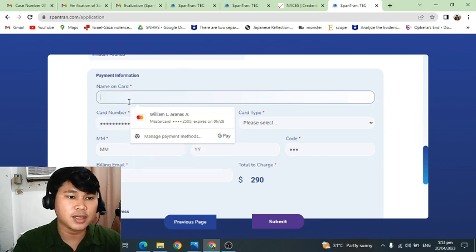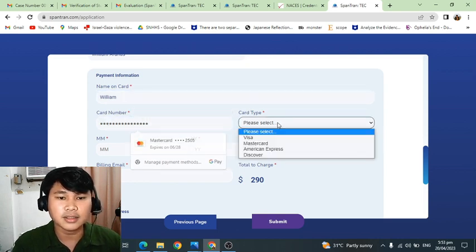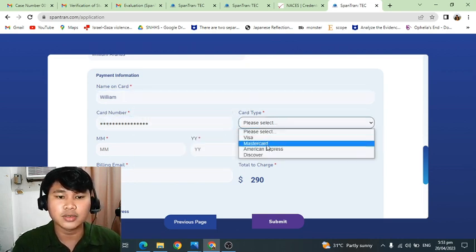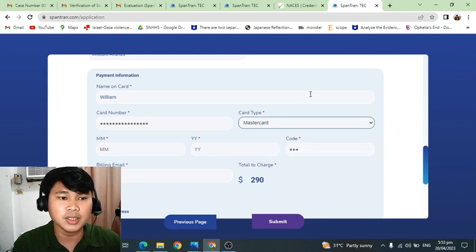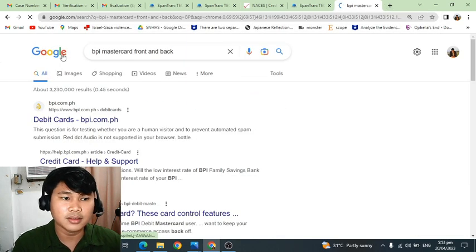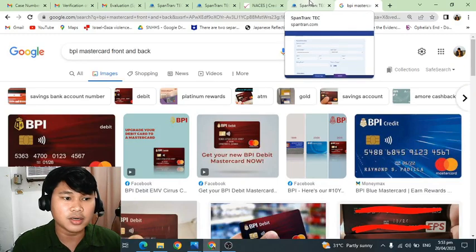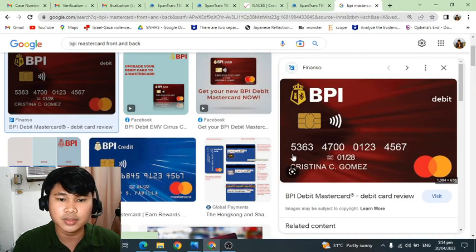For example, my name there is still William. That's your name on the card. So please select what card. I chose MasterCard for my BPI. So what is the card number? We'll try to look at it here. Okay, just a minute. So what you will write there is the card number. For example, this one. This is the card number, 14 digits,